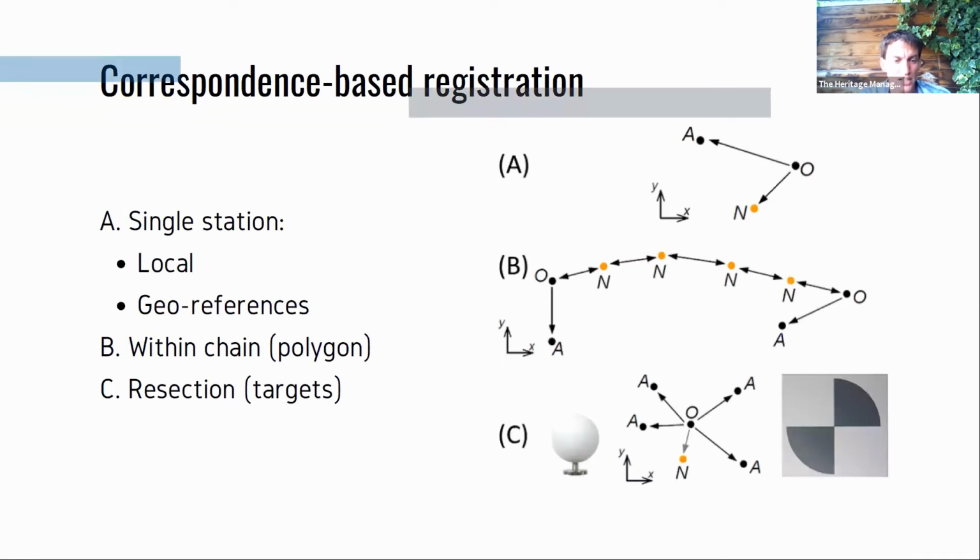Then correspondence-based, what you do here is work with a single station and then use local coordinates and georeferenced coordinates. So this is the first situation that we already discussed, where we have our total station positioned on top of a nail or a georeferenced, a geodetic point. Or you can work with a chain where you also always measure the next point where your station will be positioned. But these two are not very convenient in